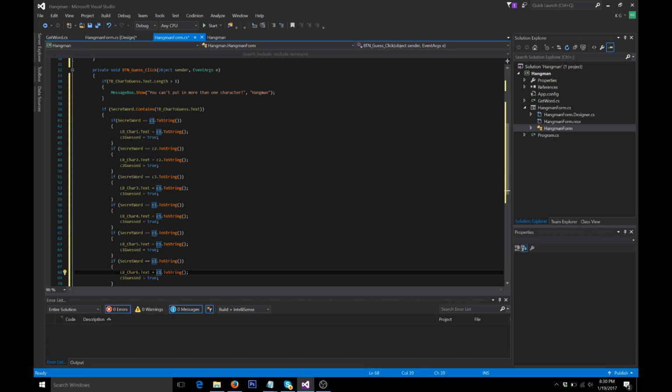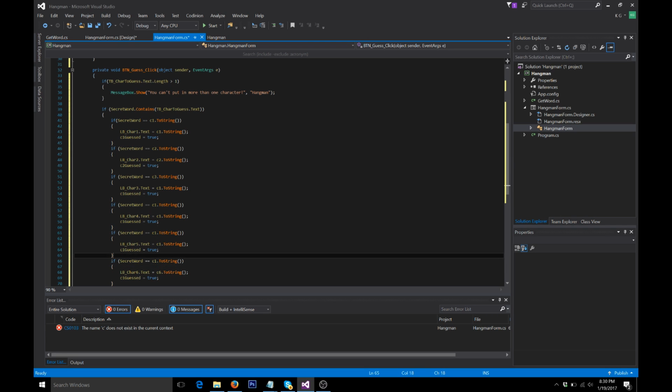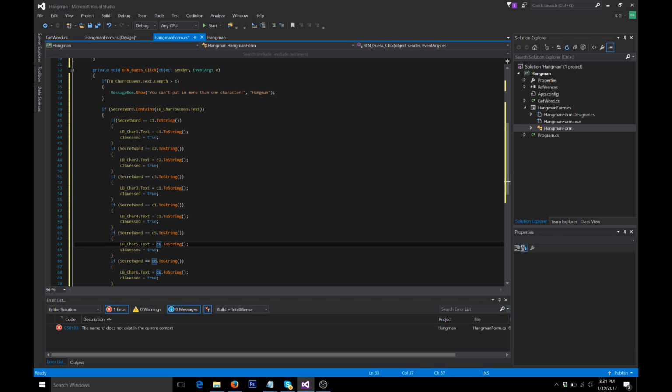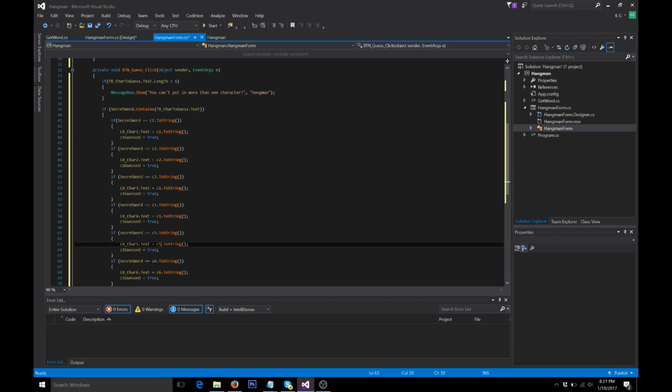Same for this one, so c6, and then oh wait, this is 5 already, so c5, c4,